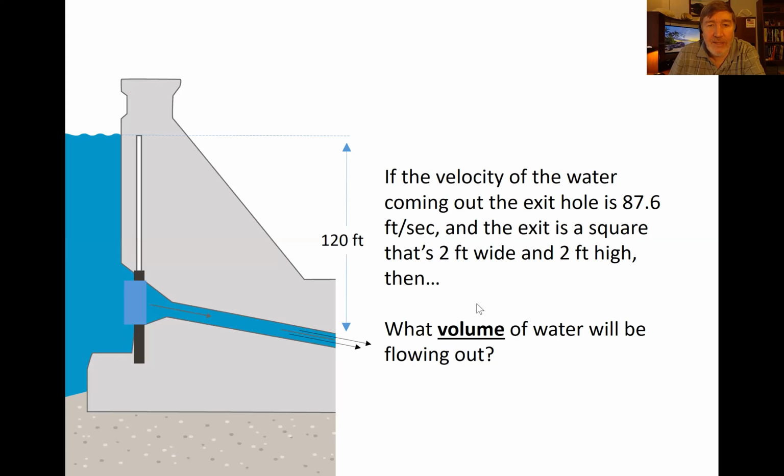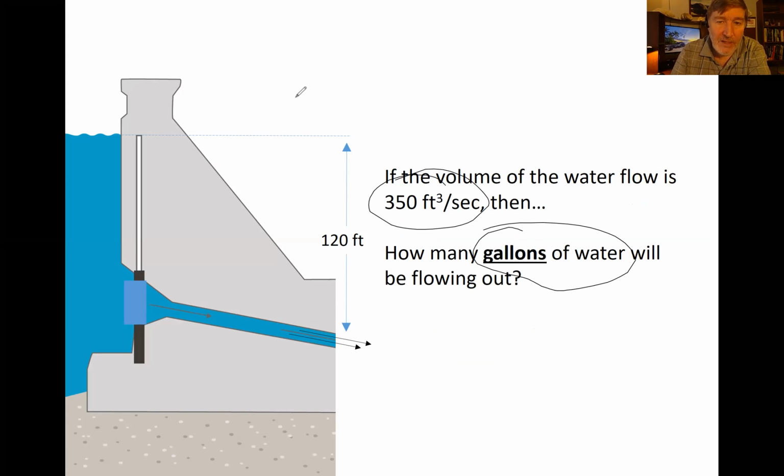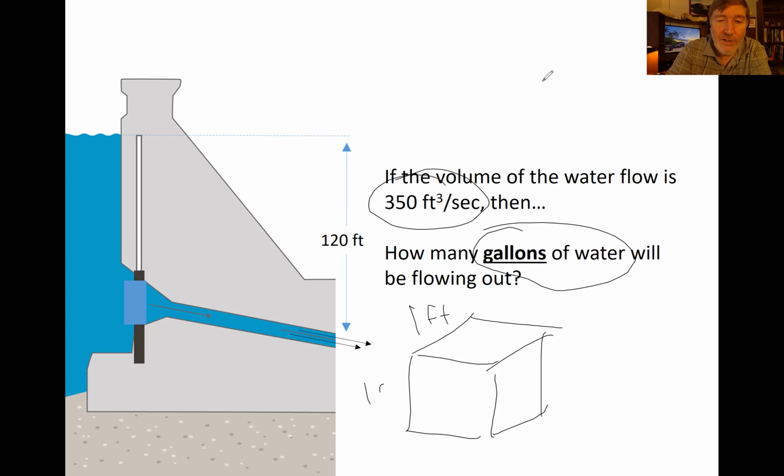Let's take it another step further. What if I want to know how many gallons per second are coming? Let's say we've just calculated that the volumetric flow rate is 350 cubic feet per second, but I want to know how many gallons per second that is. Well, all I need is to know how many gallons 1 cubic foot of water is equal to. If I take a section of water that's 1 foot wide, 1 foot tall, and 1 foot deep,